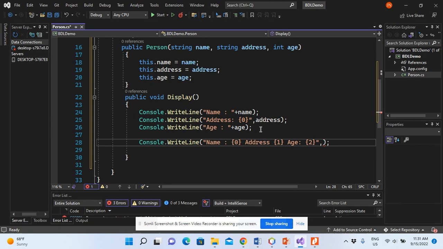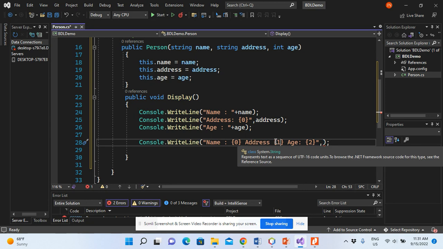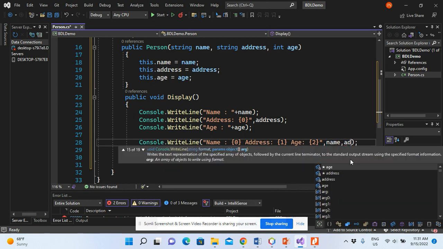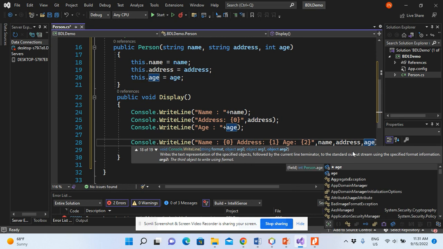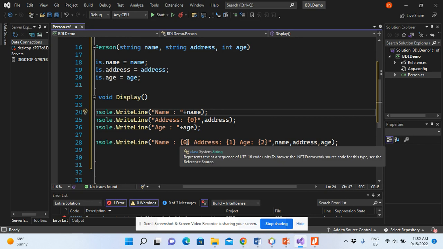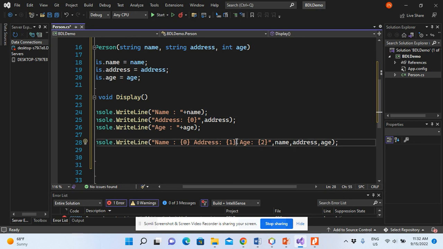Then after this, we are now supposed to specify the variables in that same order. The first variable that we are going to specify should be the one from which the name is going to be read. The second one is the one from which address is going to be read. And the third one is the one from which age is going to be read. So we're going to write them in that order. So write name, comma, address, comma, age, like that. So this is how you do it if you want to display multiple values without writing it this way. So this is another way. If you wanted to do it this way,